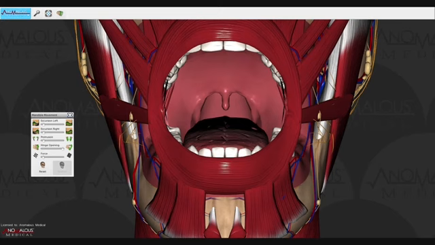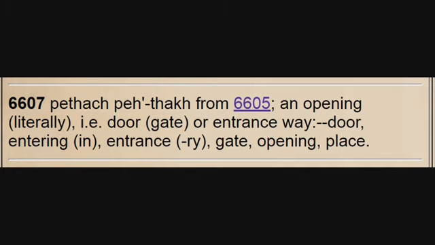So for instance, if you look in a Hebrew, they call it Hebrew. We don't, but that's what foreigners say. That's the term they use. If you look in a Hebrew language dictionary and let's say you type in door, a lot of the words you're going to see are going to have the root pa in it. Okay, for instance, in one of the dictionaries here, the Hebrew term that they have listed here for door is